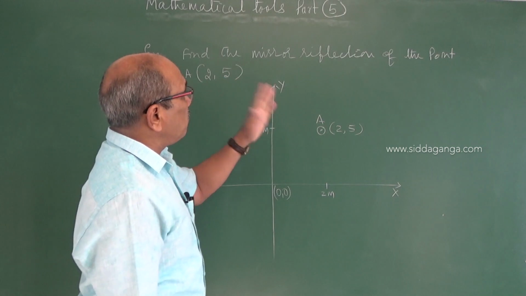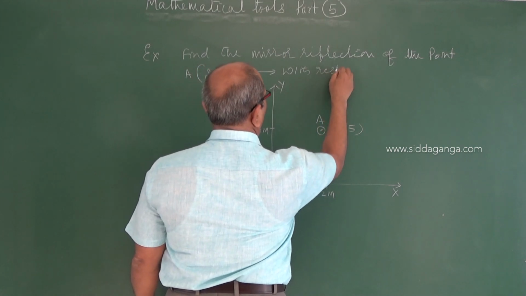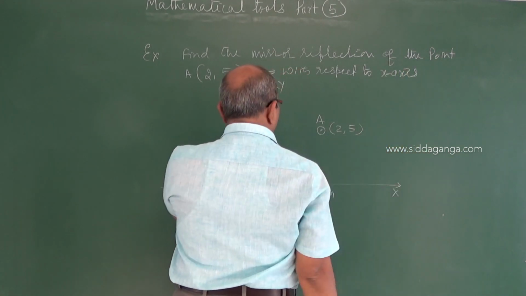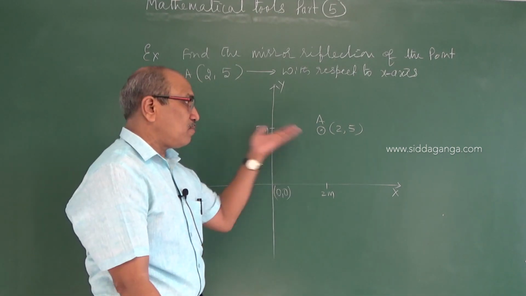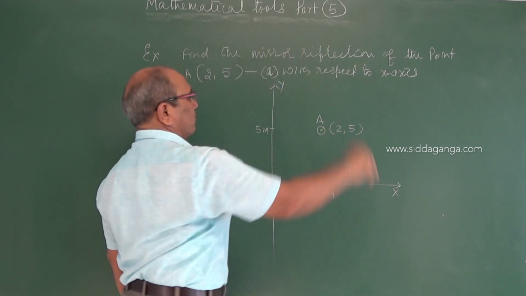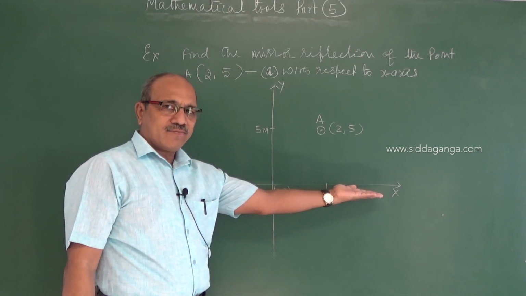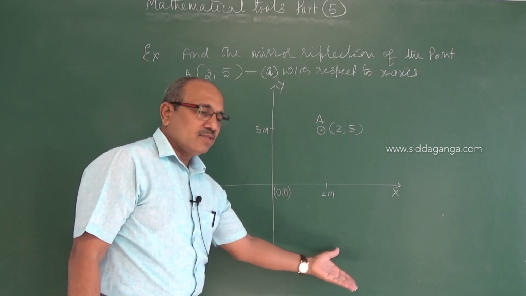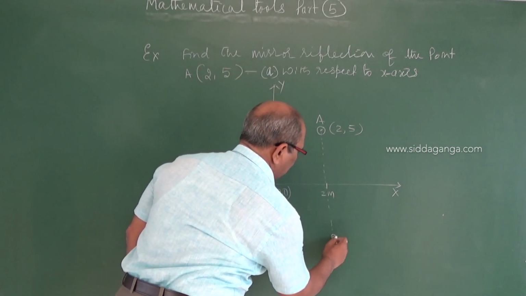Mirror reflection of the point with respect to the x-axis. We can estimate the mirror reflection with respect to both axes. I will show the same point for y. It is an example, let's take it as A. Mirror reflection with respect to the x-axis means imagine this is the x-axis. So this image will appear on the other side. So if you take the point, you will get it somewhere at this position.